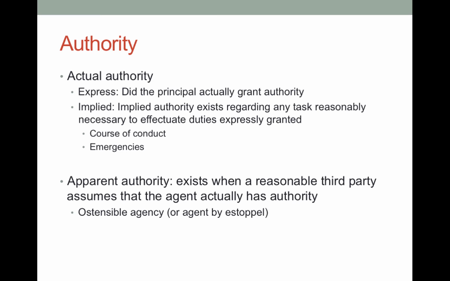And there's another concept. I'm going to use hypotheticals to show all of these. If it feels like a lot's been thrown at you quickly, I'm sorry. There's another concept I don't believe is in the textbook. It's called ostensible agency or agency by estoppel. What that means is someone appears to be an agent when, in fact, they're not. Okay, so now take actual authority separate from apparent authority and a real agent as opposed to someone who appears to be an agent, an ostensible agent. These are the concepts we're working with.